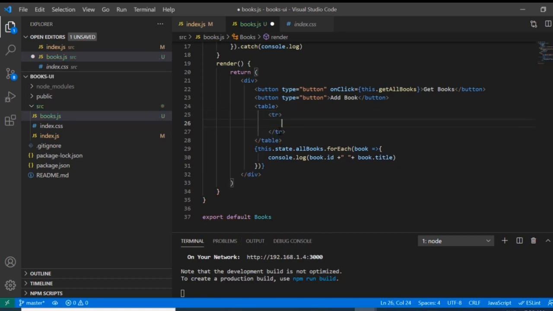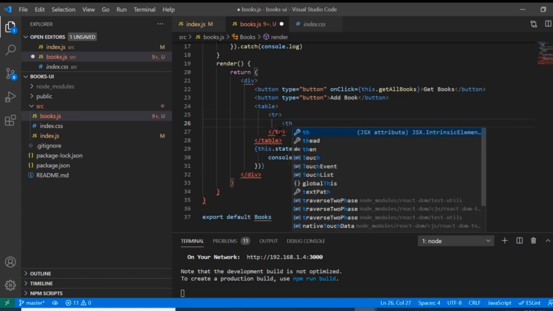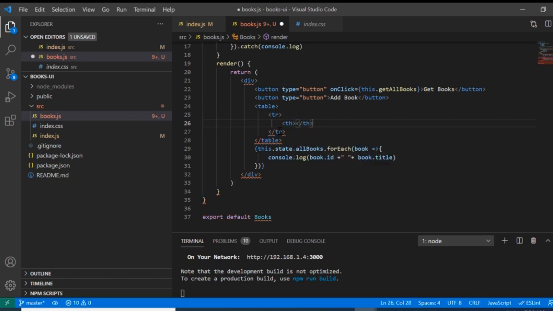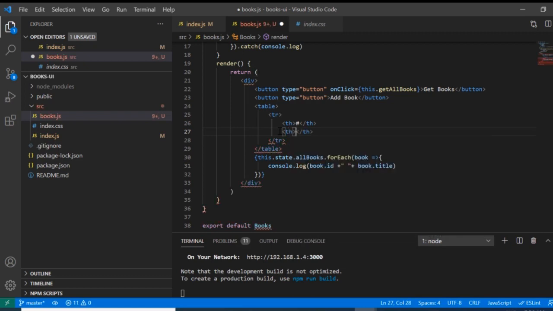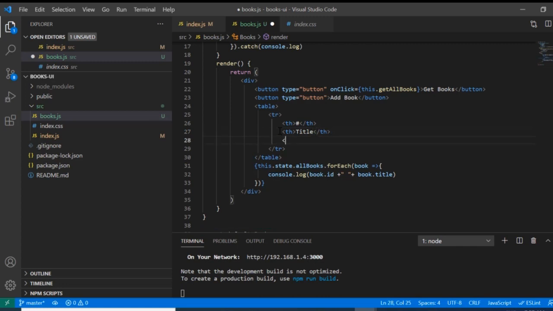Inside tr we should have th. So th is basically table heading. So first is hash, and then we'll add here th title, and then we can say we have action. So these three headings